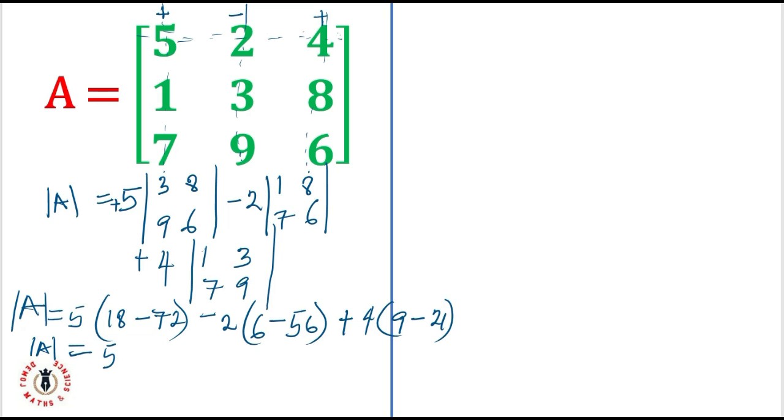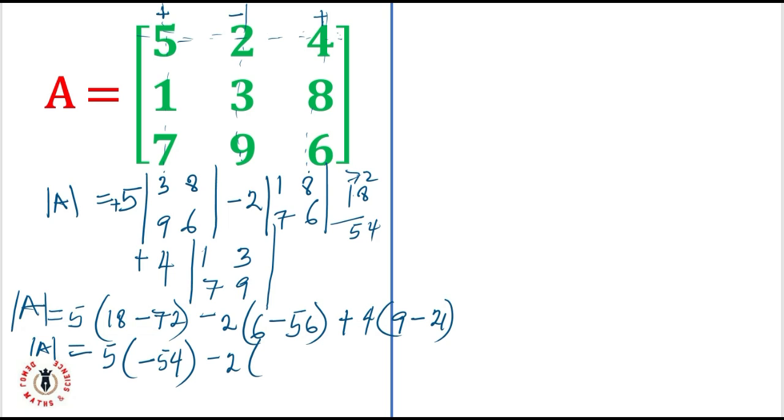That'll be 5 into 18 minus 72. That's 18 minus 72, which is minus 54 if I'm not mistaken. Minus 54 because obviously 72 is bigger than 18, so it will always be negative. Minus 2